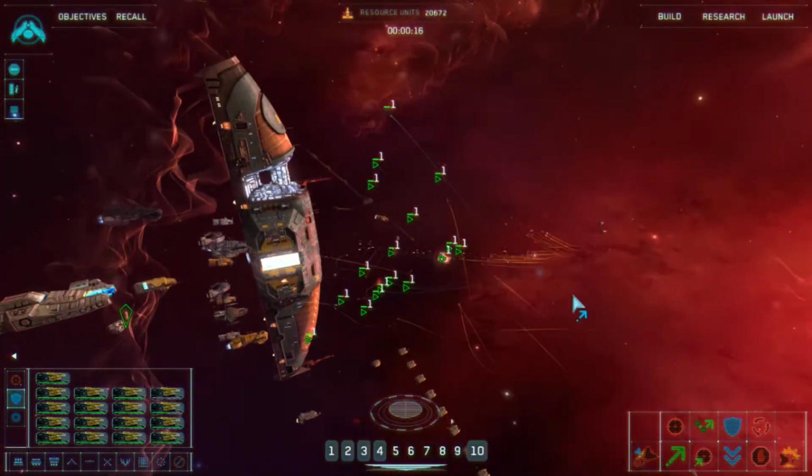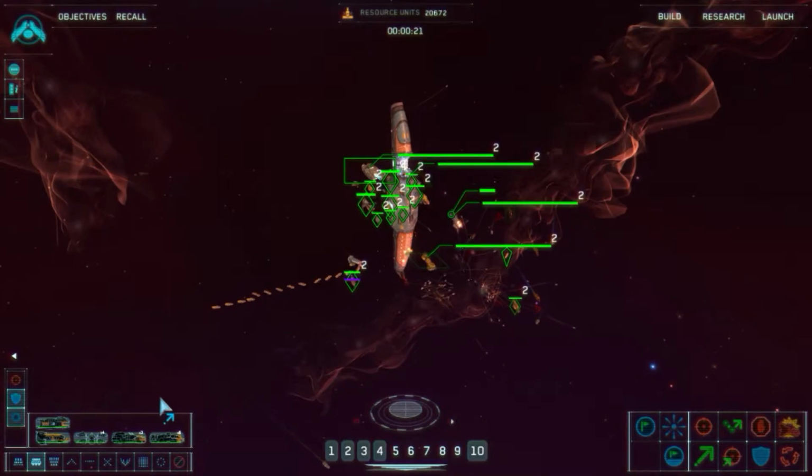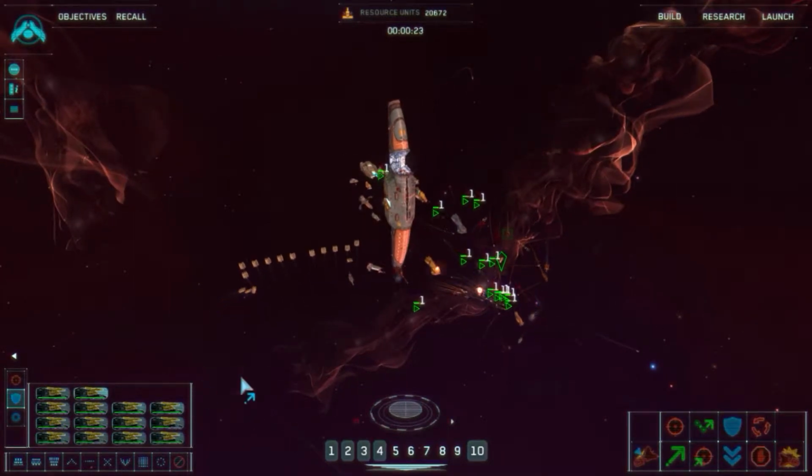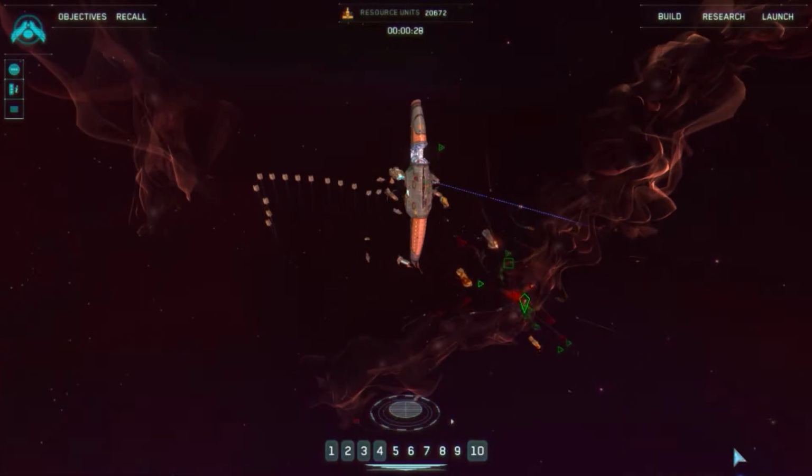And we're trespassing, and we didn't want to trespass, we didn't mean it, but they took it to heart, and they now want to kill us. So we now have to get our fleet...